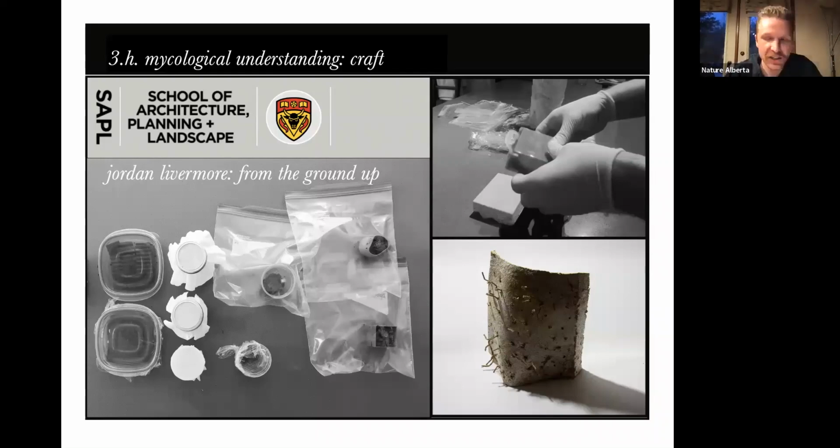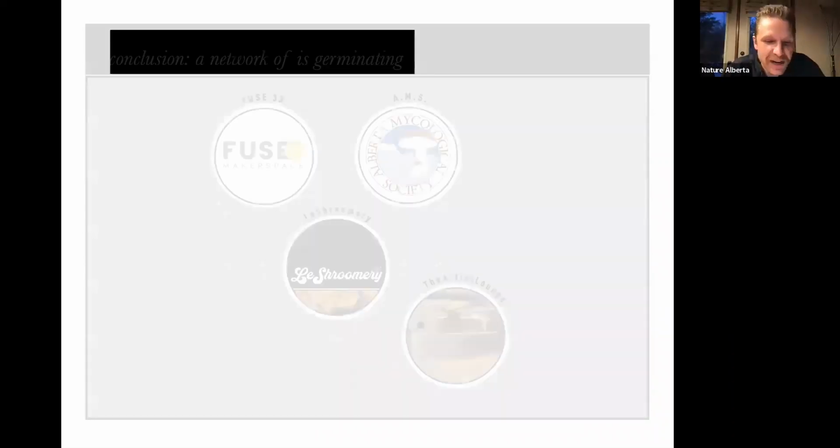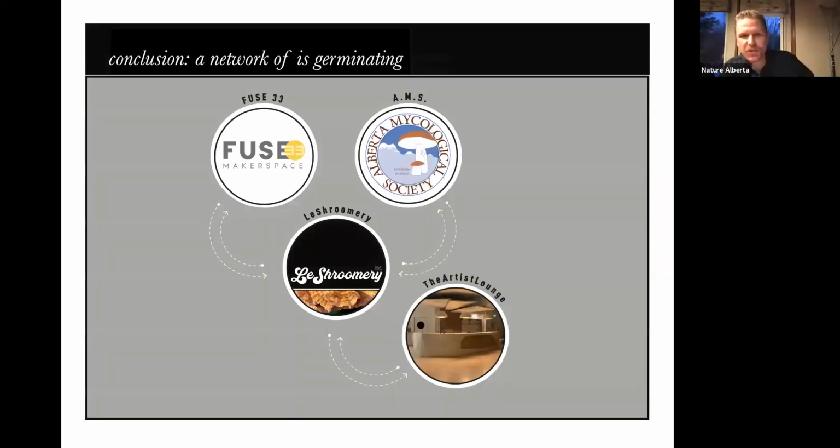So, in conclusion, a budding ecology of organizations. So right now, I don't have a lab quite yet, but I'm forming relationships with Fuse 33, which is a makerspace in Calgary, a large makerspace. And the hope is, as the company develops, we'll use their equipment for prototyping. So right now it's all shared memberships, and also through the AMS go on forays and potentially find new mushrooms